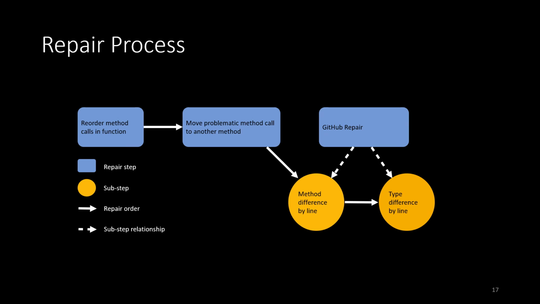If that doesn't work, it will then try to move the problematic call to another method, in this case hoping that the objects in that method call will now be in the correct state. Finally, if that doesn't work, FrameFix will use GitHub repair. GitHub repair works by using a specific search query, which I'll show you an example of later,